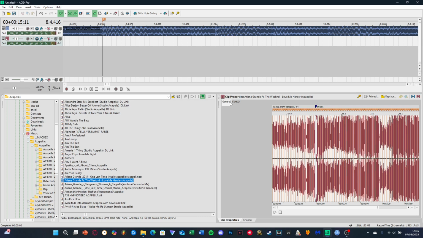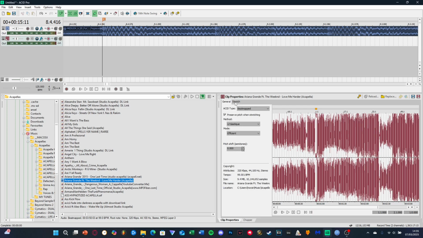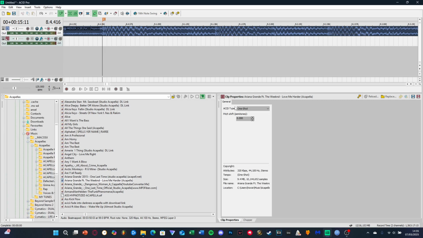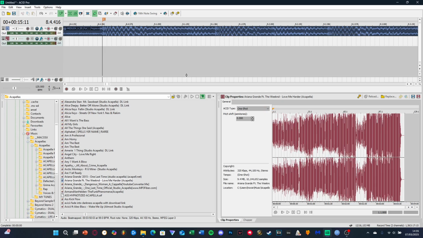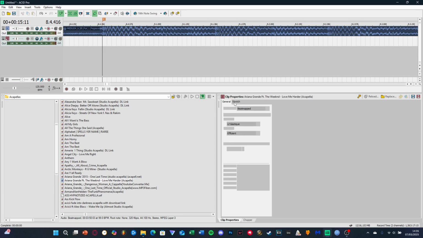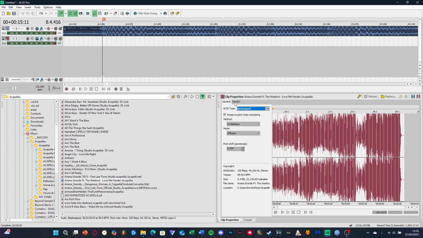Now, it's up to you whether you want to do this part. You don't have to do this to make it work. This is still going to work regardless. You could either have it the way you normally have it. I'm assuming you all have it like one shot and you can do what you want. But if you want to beat map each acapella, which will automatically save and you only ever have to do